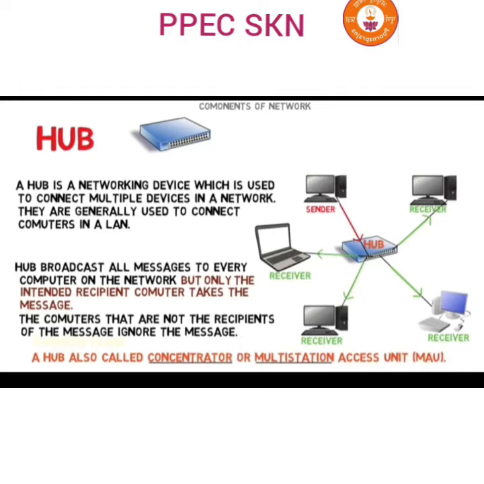So the sender system sends the data to the hub, and the hub provides the data to all the systems connected to the hub. Hub never checks which system should be the proper receiver. The hub works in this manner. That's why I said at first it creates problems for bandwidth. If it sends the data to all the systems, that is a huge waste of bandwidth.